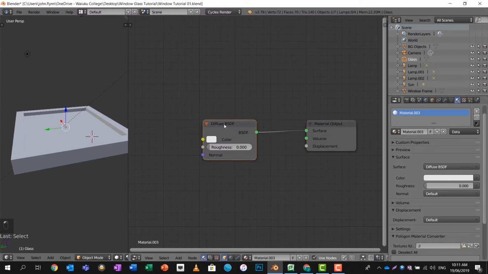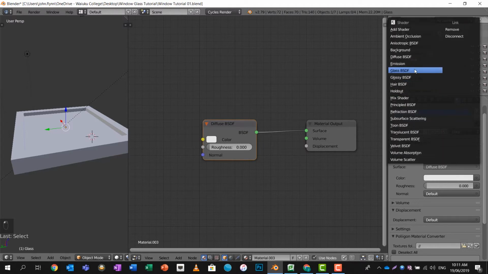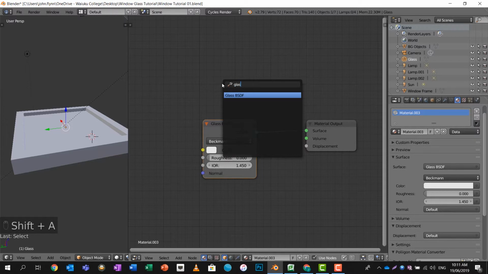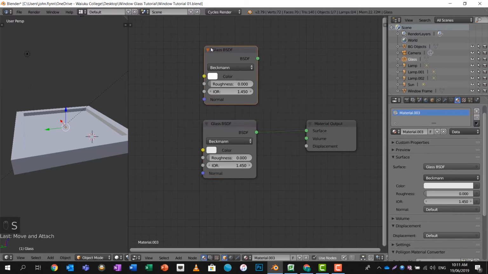So I'm going to change this diffuse to glass. So the easiest way is to choose over on the right hand side here, choose glass BSDF. Alternatively, you could Shift A and search glass here and then add it and connect it, but that's just up to you. If you want to make this tinted, you can change the color